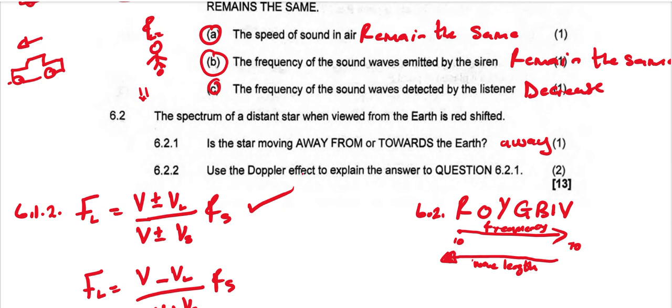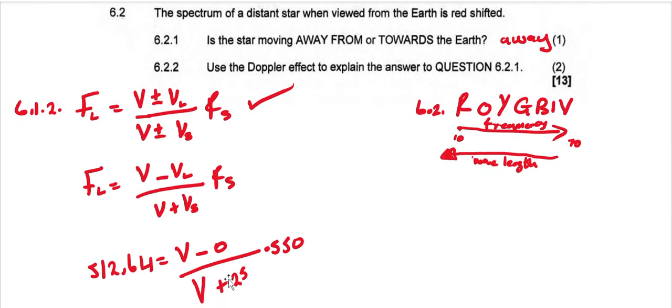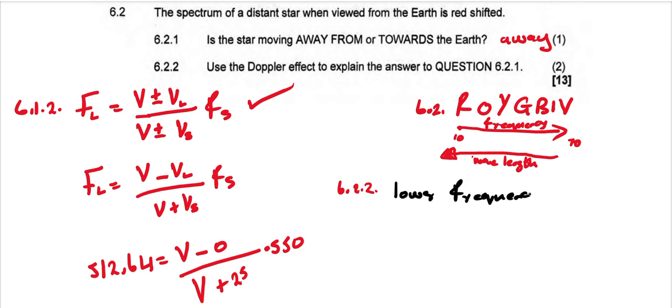They say use the Doppler effect to explain the answer of 6.2.1. This was the Doppler effect that I was using. Do you get me? 6.2.2. They say I must explain it using the Doppler effect. What are you going to say? You're going to say lower frequency. By using this, because the frequency here is lower at red, lower frequency or